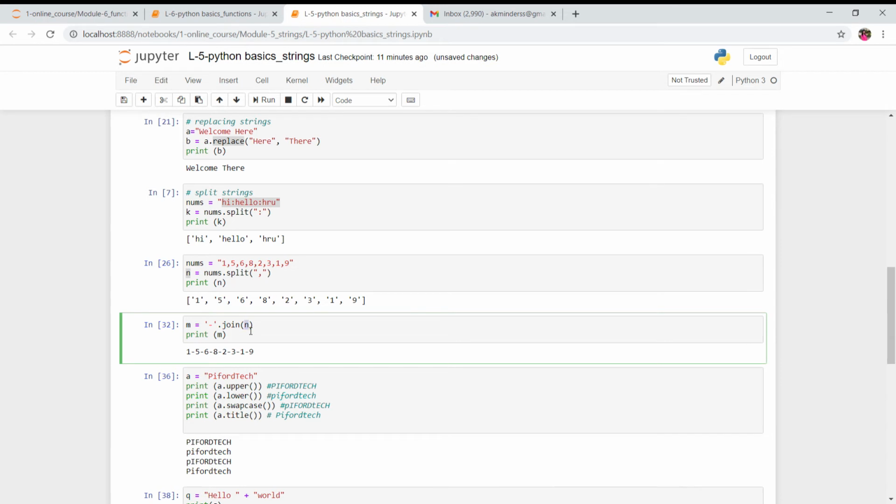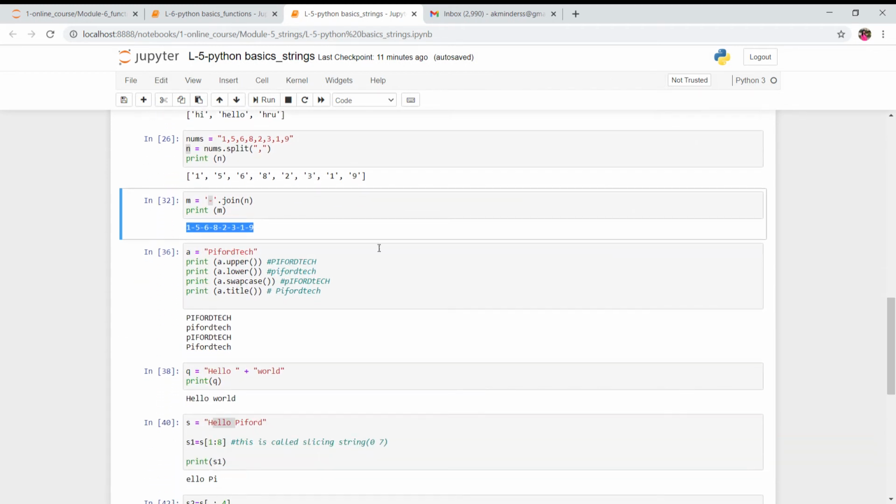We want to join the data in the n variable using this symbol, meaning after one string, when we join it with another string, this symbol will be in between. You can write any symbol you want. Now see, all these strings get joined together. So this is how you can join the strings.